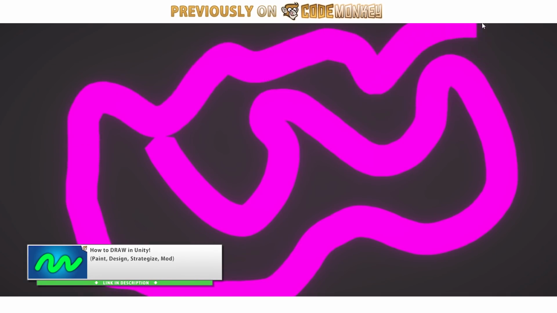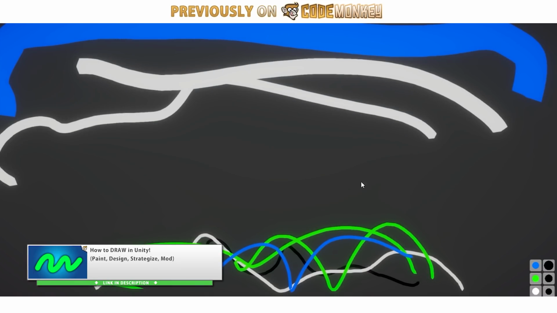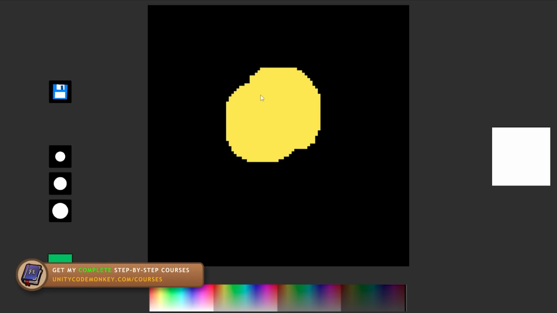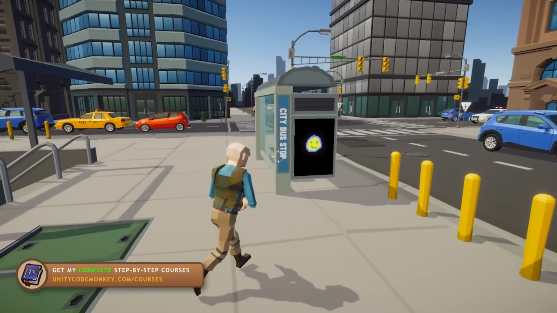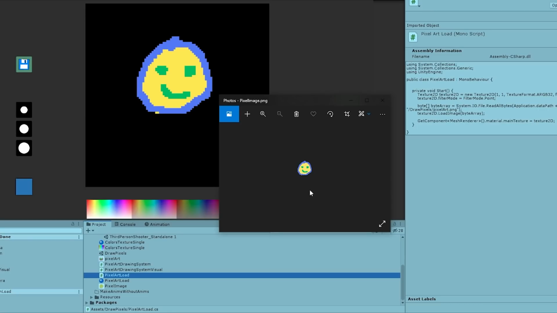Now in the last video I already covered how to do a drawing system to draw sort of like a pen, so that one is a very free flow system. Here instead let's build a pixel art system, so you can draw each pixel individually, and then of course you can take those pixels, turn them into an image to easily add modding to your games or anything like that. So I'm going to cover drawing but also saving it as a PNG so you can use it in any